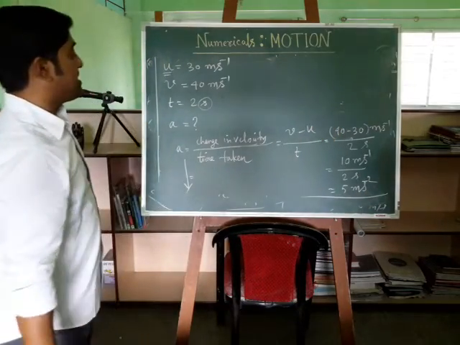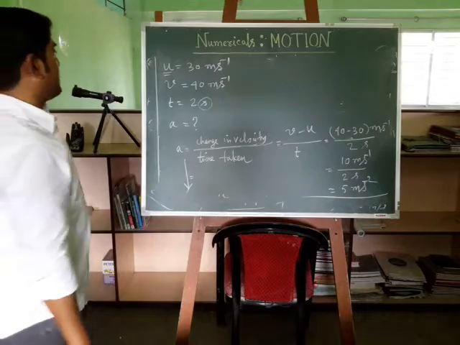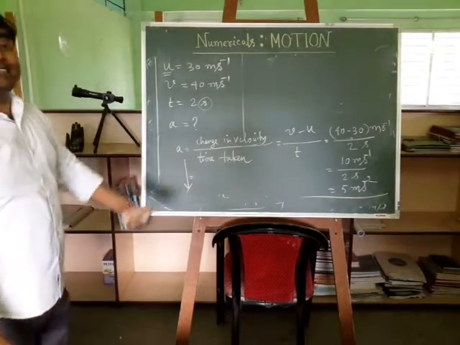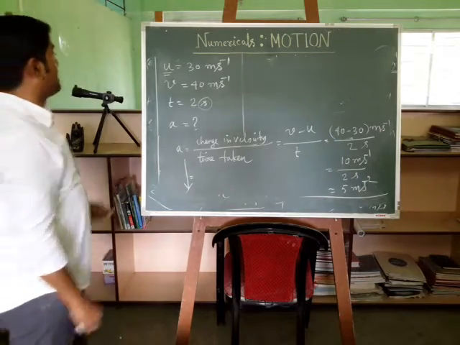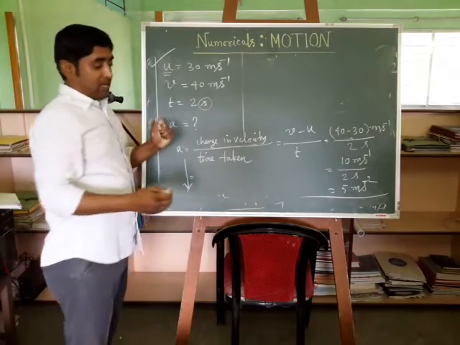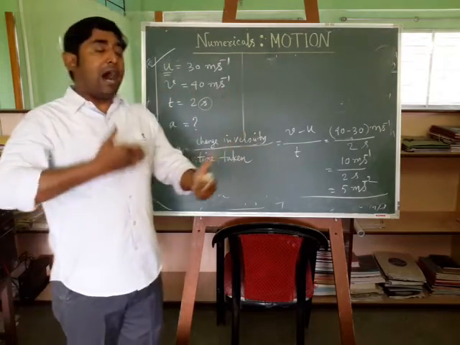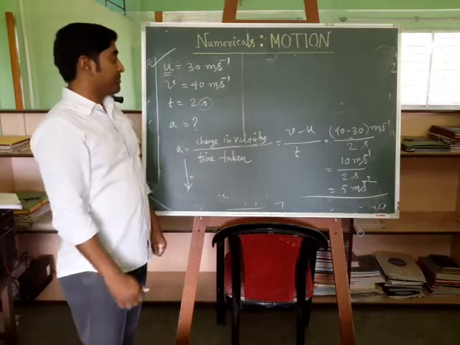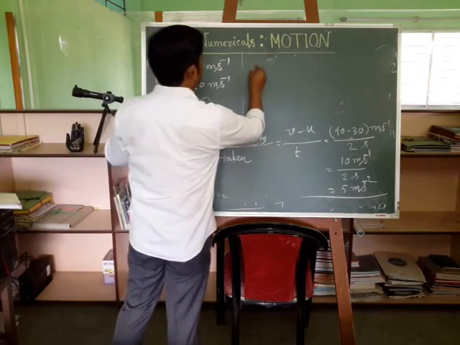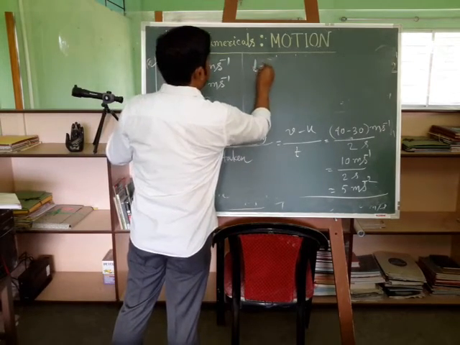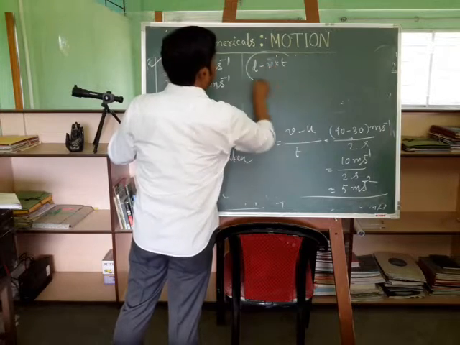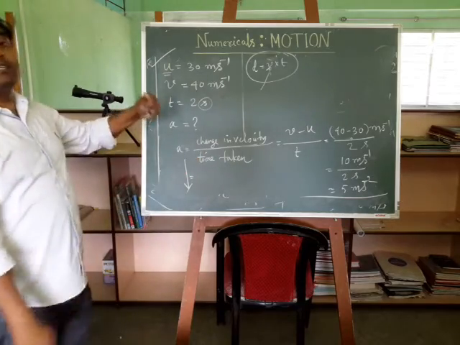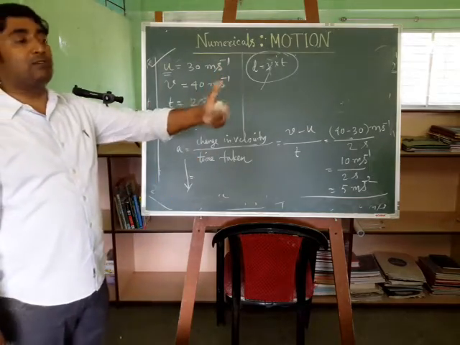That is the acceleration. If the question would be, how much distance you will be traveling in this 2 seconds. Suppose with this problem, there is another question in your mind, how much distance I have traveled in these 2 seconds. Then how to do that? You cannot apply d equals v into t, right? Because this is when the velocity is uniform. But here your velocity is not constant, it is changing, you are speeding up.